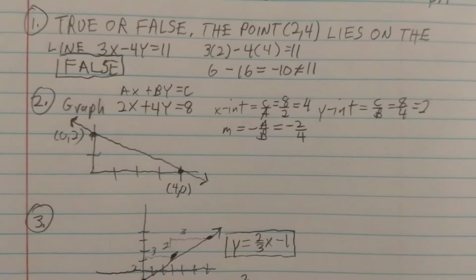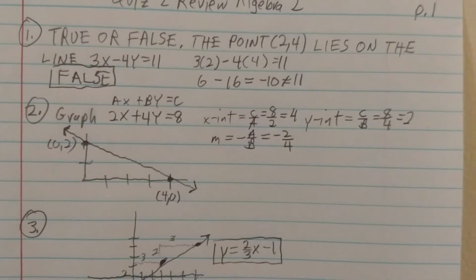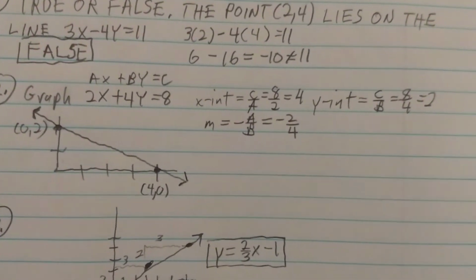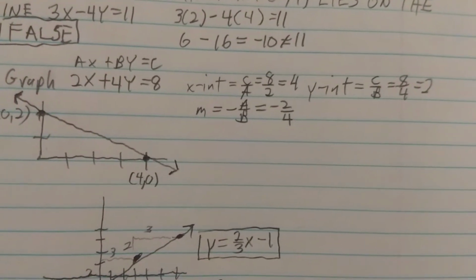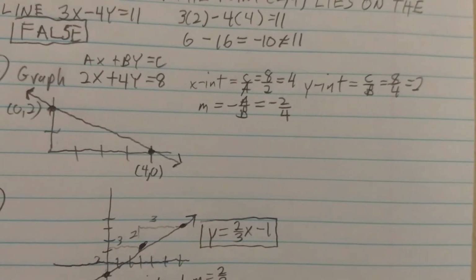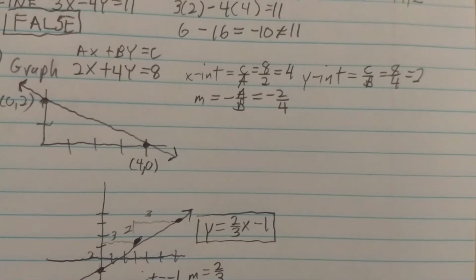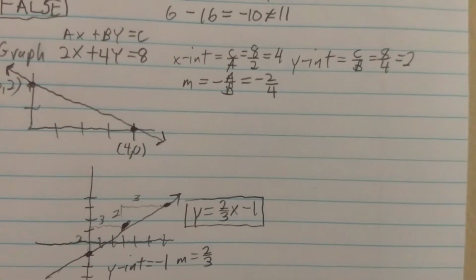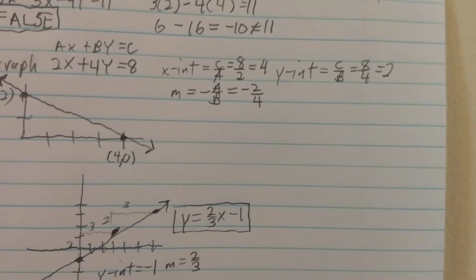Now on problem 2, they're asking us to graph 2x plus 4y equals 8, and we want to see this in the standard form of ax plus by equals c, so we can read off the x-intercept and the y-intercept. The x-intercept is always c over a, which for us would be 8 over 2, or 4. That's where it crosses the x-axis. And the y-intercept is always c over b, which is 8 over 4 for us, which would be 2,